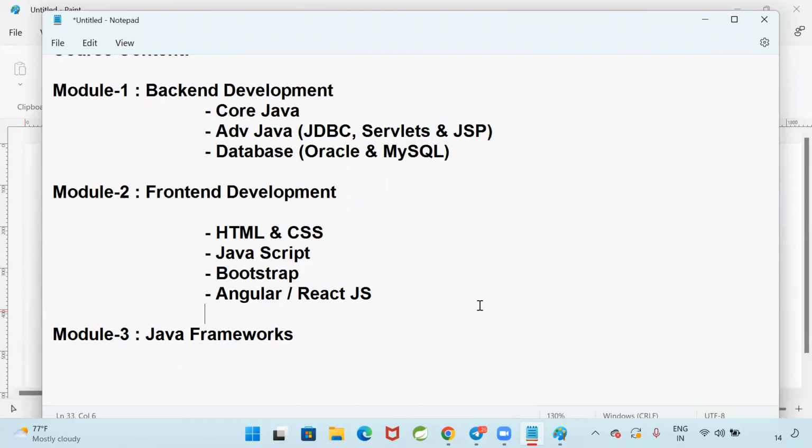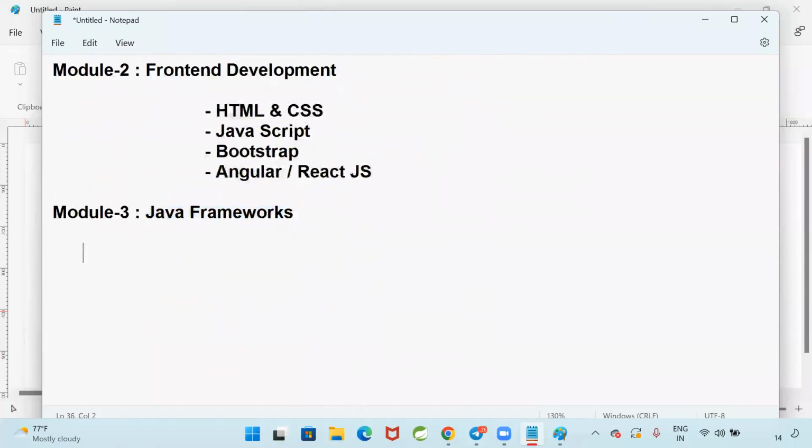What are the technologies currently used in the market to develop Java applications? I have been working in a company for the last 7 years, and I work on these Java frameworks only. So as part of Java frameworks, you need to learn one framework called Spring, the most important technology for every Java programmer.